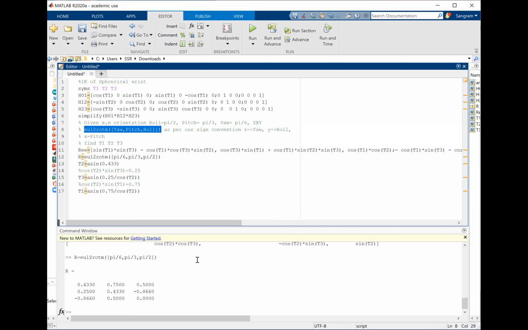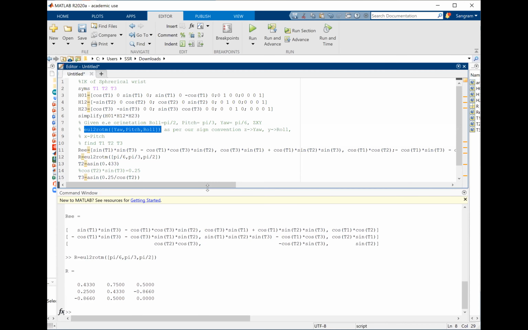And now I get these angles, and now I have cosine, sine T2 is 0, which means the first angle is going to be 0. So this is 0. The second angle,